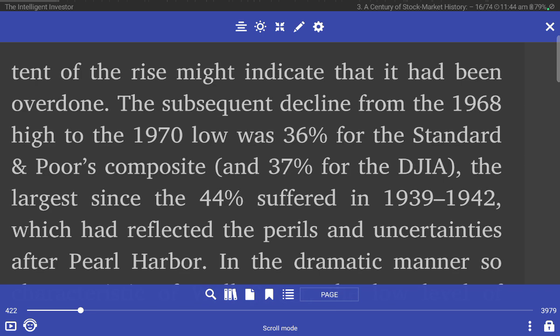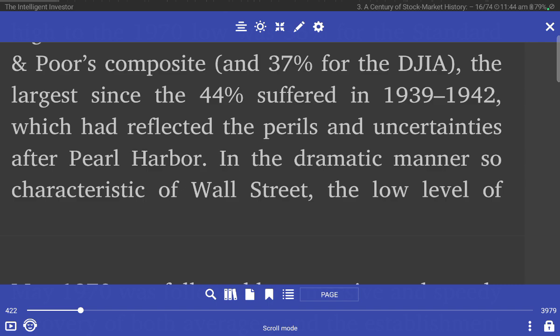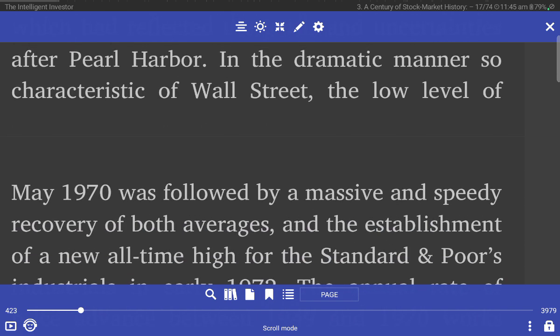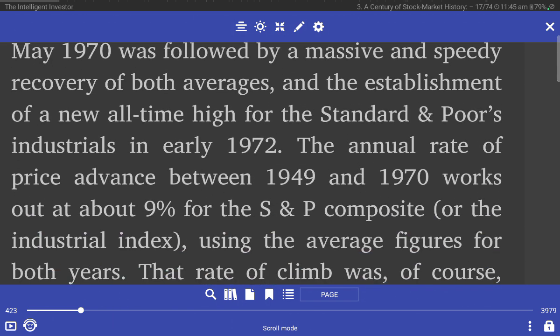The subsequent decline from the 1968 high to the 1970 low was 36% for the Standard and Poor Composite, and 37% for the DJI, the largest since the 44% suffered in 1939-1942, which reflected the peril and uncertainty of Pearl Harbor. In the dramatic manner so characteristic of Wall Street, the low level of May 1970 was followed by a massive, speedy recovery of both averages and the establishment of a new all-time high of the Standard and Poor Industrial index